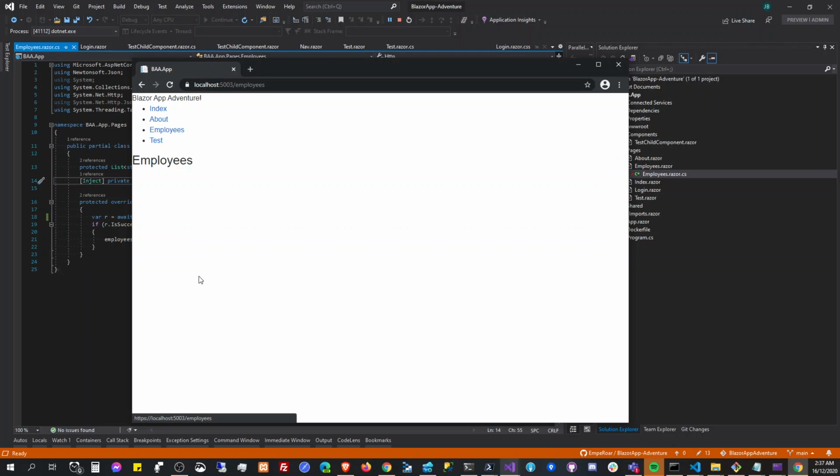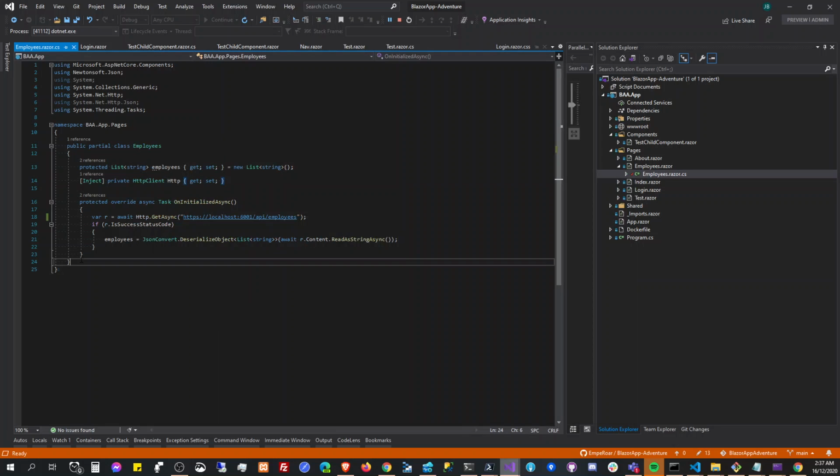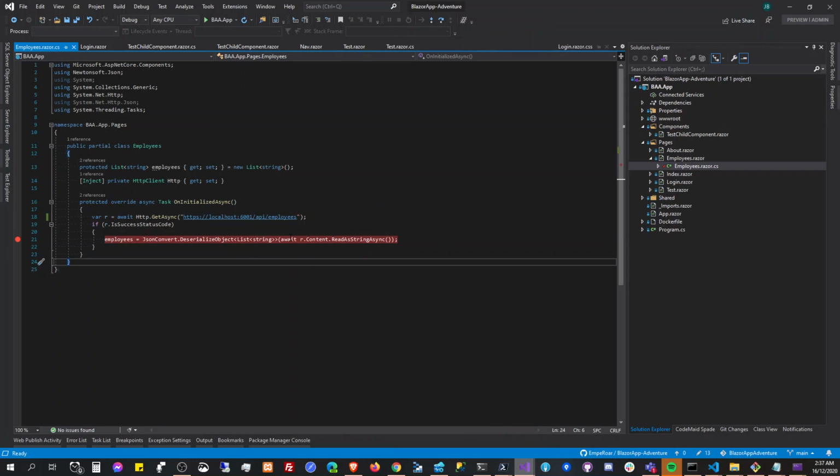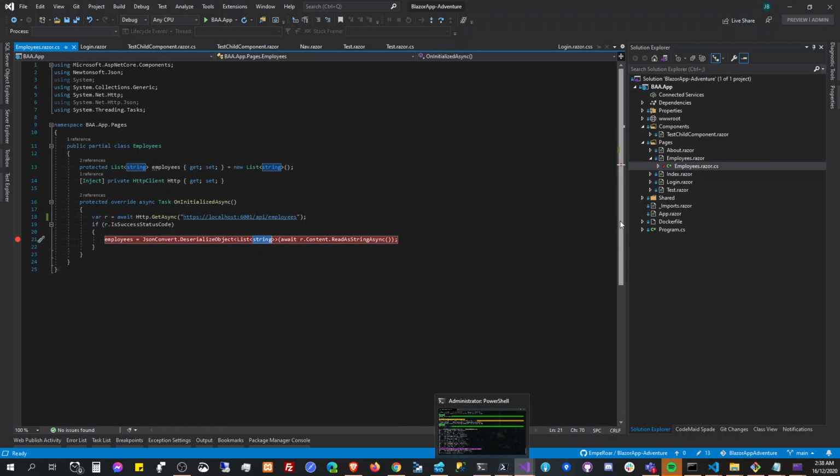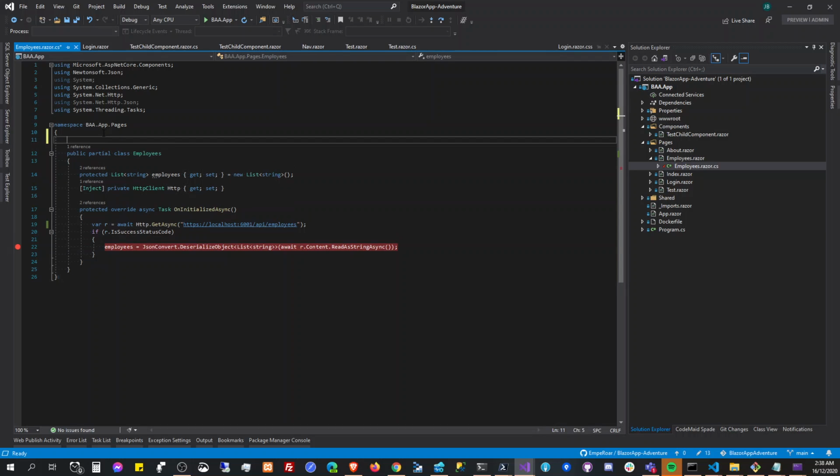Okay, so employees here. And where's my data? It doesn't deserialize because this is now a string. We should have an employee. Okay, so this is where I'm going to show you how we can have a common library for both the Blazor app and the API. But for now, we're just going to create our own model here. So it's going to be class employee